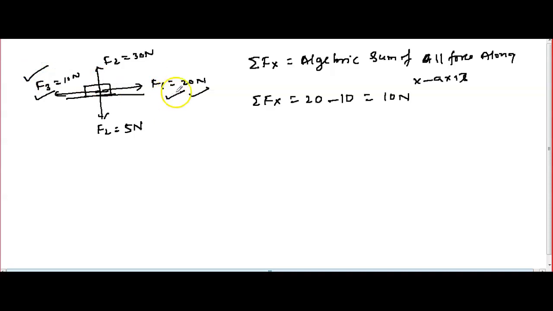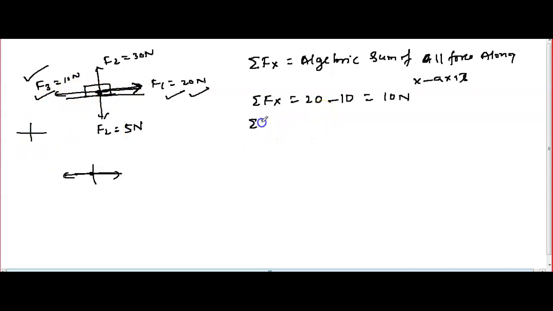Anything you can do, there is no restriction, but don't confuse with that. Always, with this as the origin here, we consider this as positive and this as negative, so you take it as it is. From the origin, whatever the center is given, the right hand side is positive and the left hand side negative, like the x-axis and y-axis coordinate system.